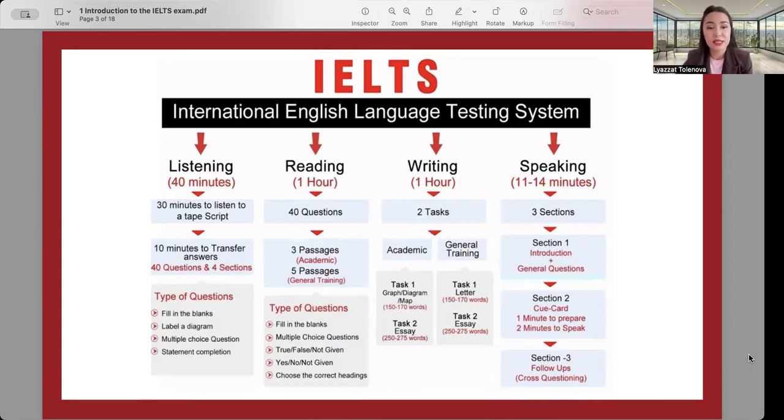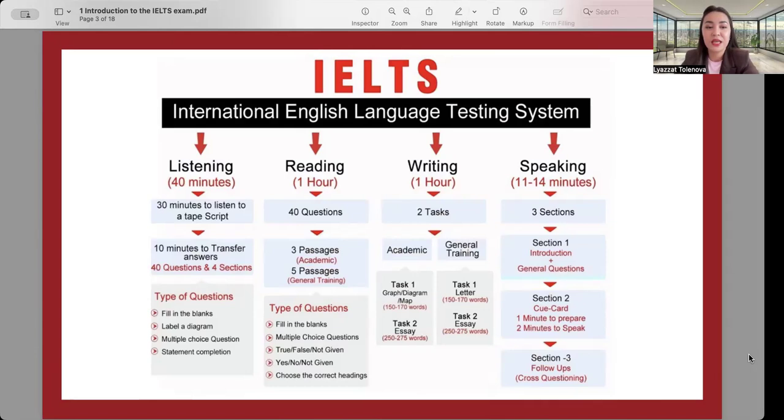But in the computer-based test, it's not 40 minutes, it's about 32 minutes, because after the CD is over, after the 30 minutes of you listening to the tape script, you will be given 2 minutes to quickly revise all your answers, to look through them and make any corrections that are necessary. So again, depending on the format of the test that you choose, you will have a different number of minutes given to you at the end of the listening test to quickly go through your answers